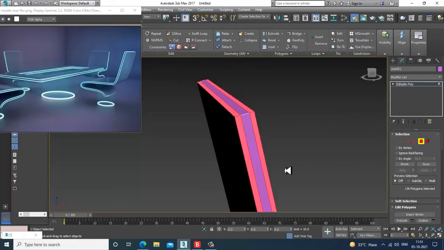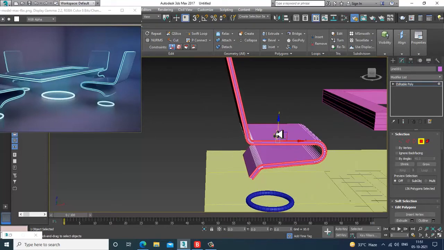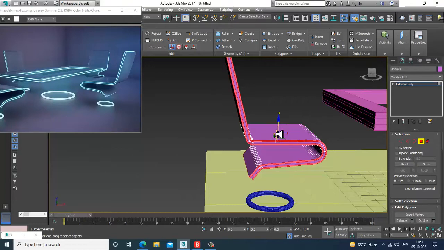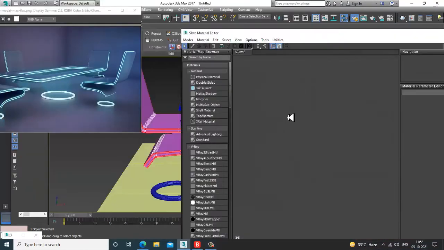I'll go into the material over here and take a V-Ray light material.